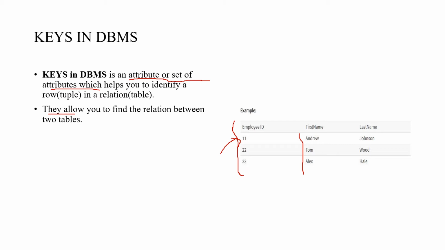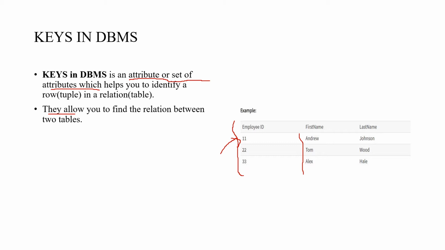They are also used to find the relation between two tables. What is meant by finding the relation between two tables? Consider an example. One is a student table and another is a lecturer table. There is a connection between the student and the lecturer, who teaches the subjects to students. So to find the relation between these two tables, we have to use one key. So a key is also used to find the relation between two tables. It will help you to uniquely identify a row in a table by a combination of one or more columns in that table.